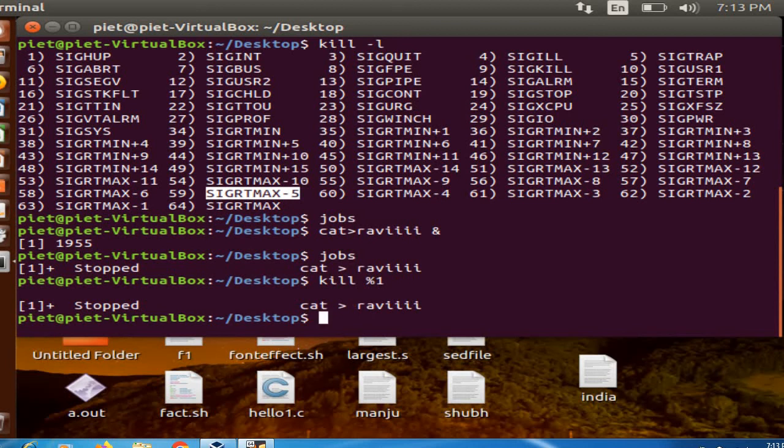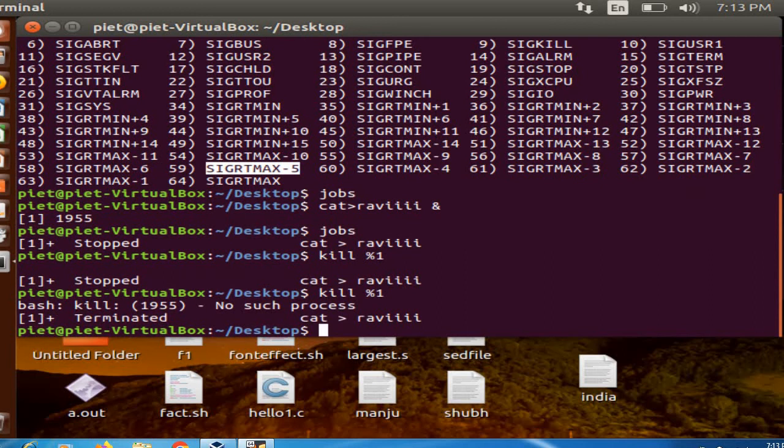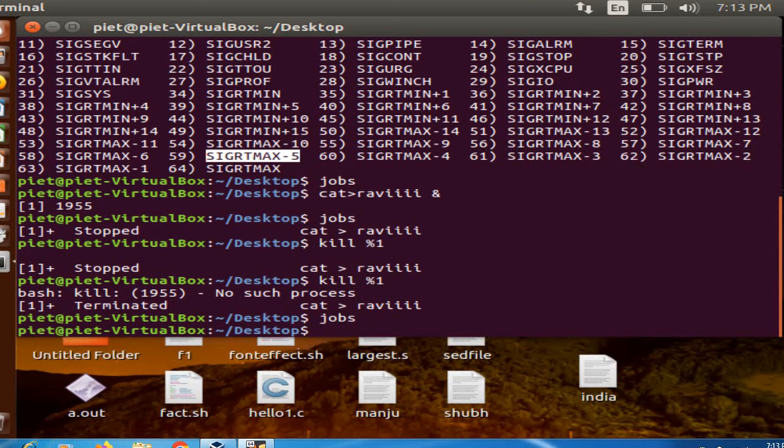Now this particular process is terminated. Again, if you check the jobs command, nothing is available. So with the help of the kill command, we assign the job number, then you can kill job number 1 in the background. So this is about the at command, which is used to run any process at a future date and time. And second is the kill command, which is used to terminate a running process and daemons. This is about the at command and kill command. Thank you for watching this video.